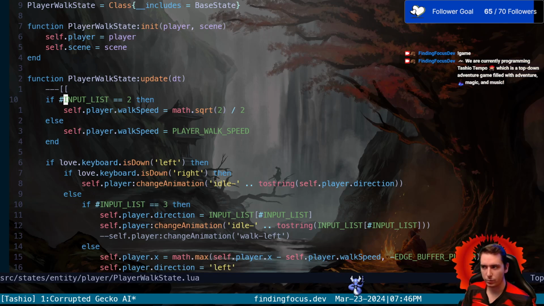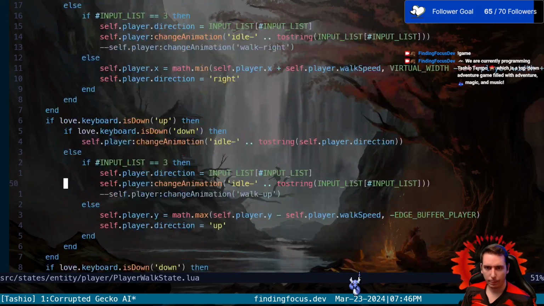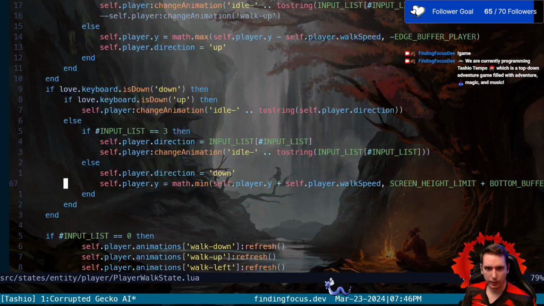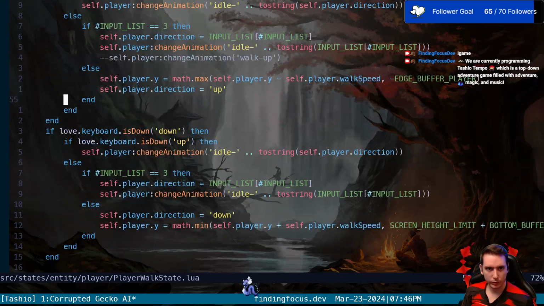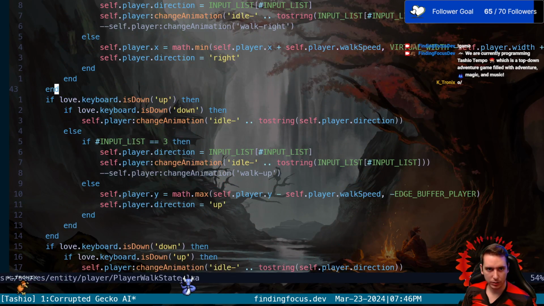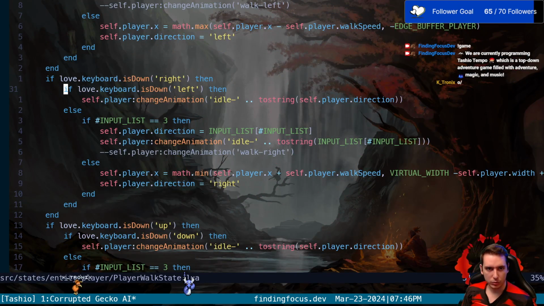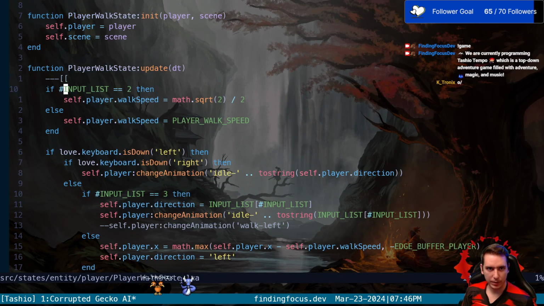Player walk state is where it is. Okay. Oh, gross. Okay. Yeah, this is it. So if we are holding multiple inputs, we need to truncate our x and y position. So let's do that. If input list is 2, yeah, if we're holding more than one input, we need to go ahead and